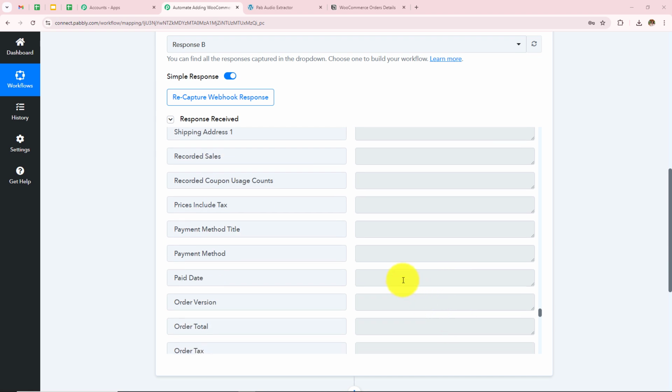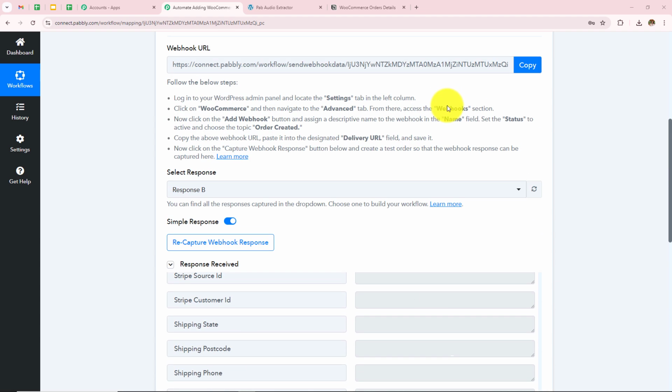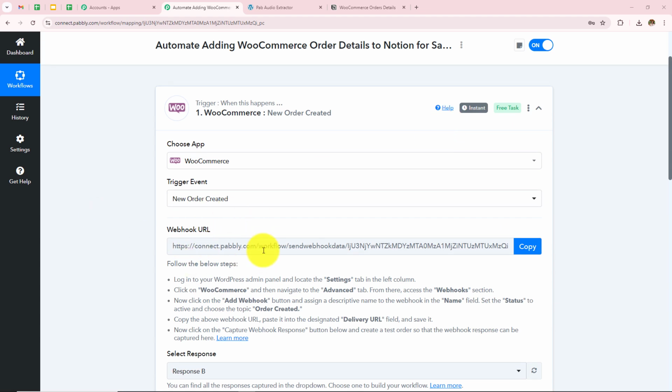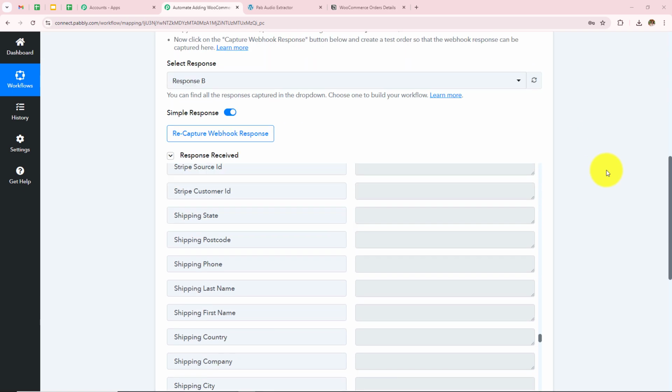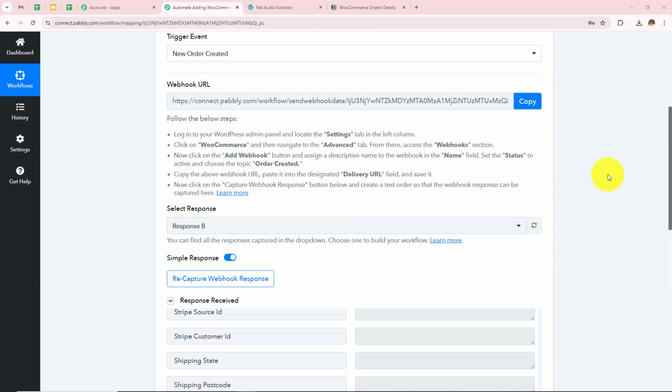So I have received all the billing details that I have added in my WooCommerce while placing the order in my Pabbly Connect. This means this connection was successful between WooCommerce and Pabbly Connect, and now whenever I will place the order, all these order details will be received by my Pabbly Connect.